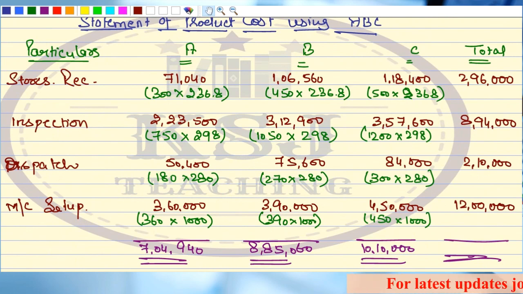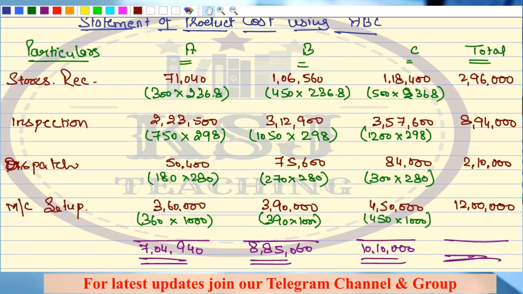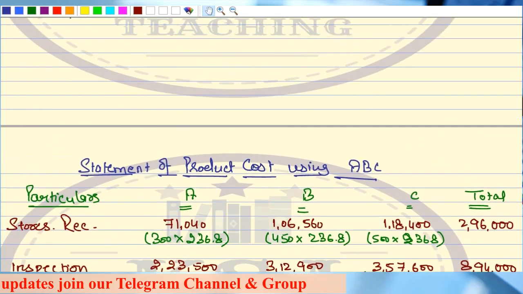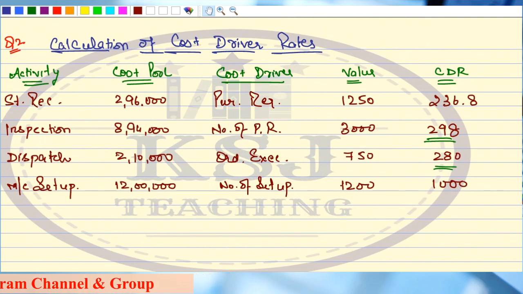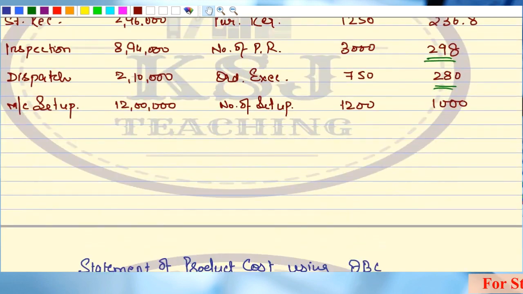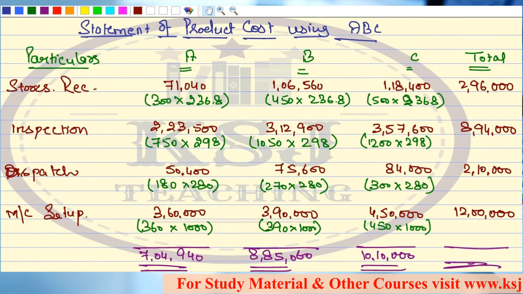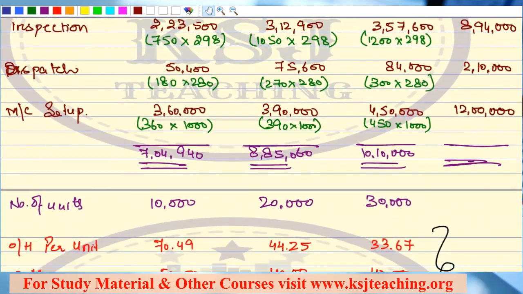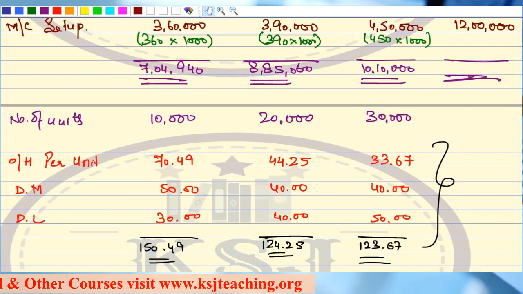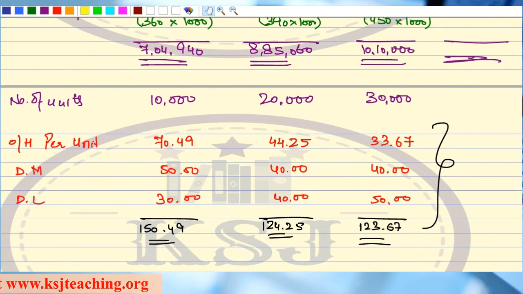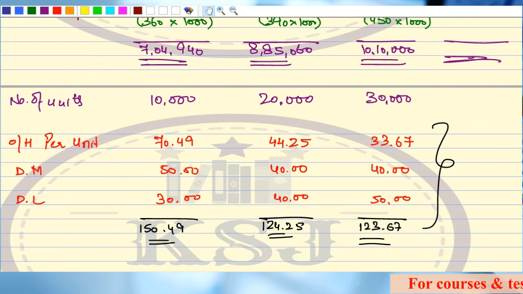Sir, in the examination, can we do this kind of presentation? Yes, this is a presentation from the examination point of view only, right? So in the examination you can do this kind of presentation. That is absolutely perfect. You will get full marks if you are doing this kind of presentation, right? Sir, what is the fun of studying if we are not going to study the presentation, how to attempt the paper, isn't it? So you have to attempt it according to this part. Absolutely correct. Clear, sir? Sir, if we are done with the theory part or the concept part, and we are done with this practical part also, then what to do in this chapter, in this lecture?